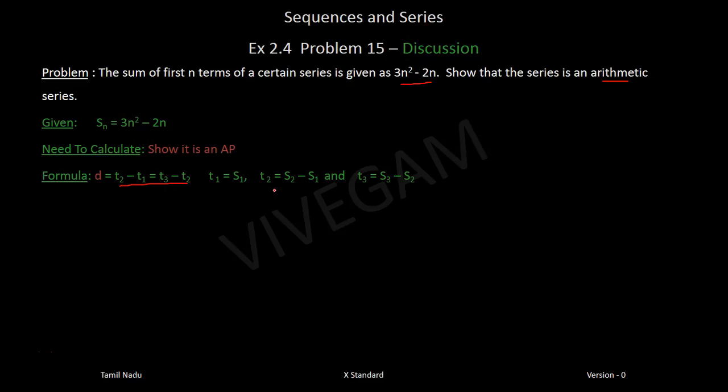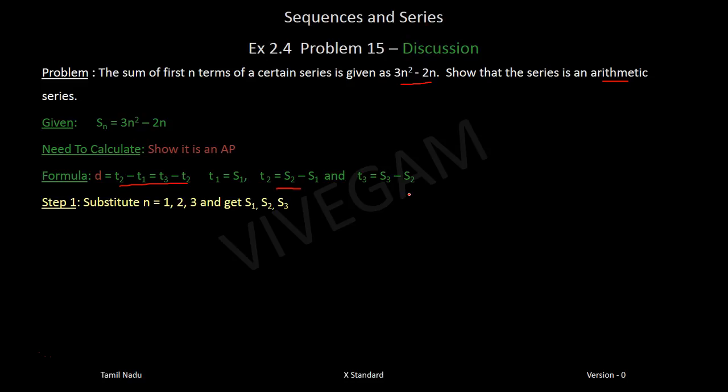And this is a formula which we have, but see, when you put n equal to 1, you will get s1. When you put n equal to 2, you will get s2. But what is s2? s2 is the sum of the first two terms, that is t1 plus t2. And this is t1. So s2 minus s1 will give you t2. Similarly, s3 minus s2 will give you t3. So all you need to do is put n equal to 3 in this equation, you will get s3. Put n equal to 2, you will get s2. And t3 is s3 minus s2. This is how the problem needs to be done. We'll explain it in detail when we're working it out.